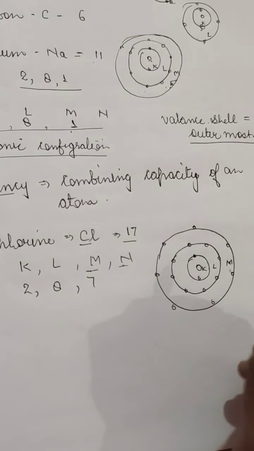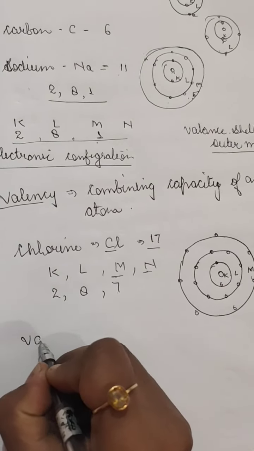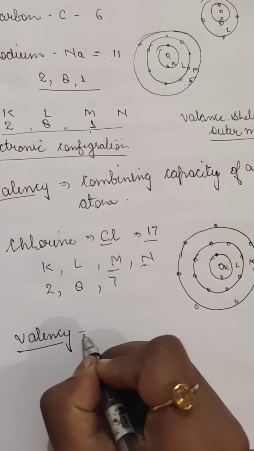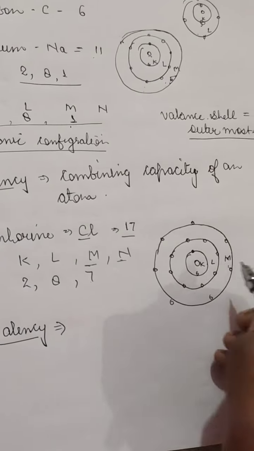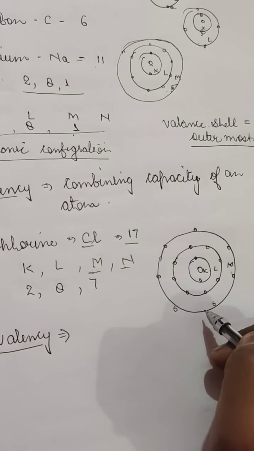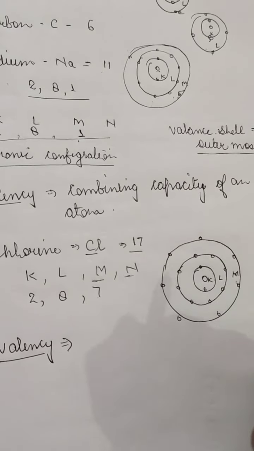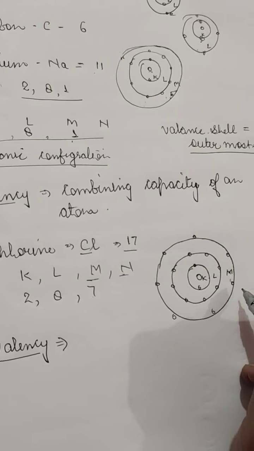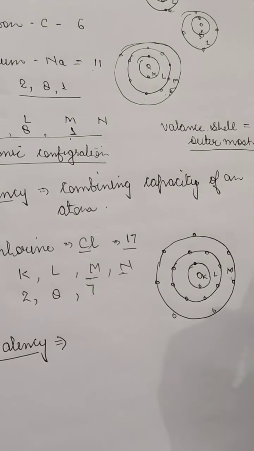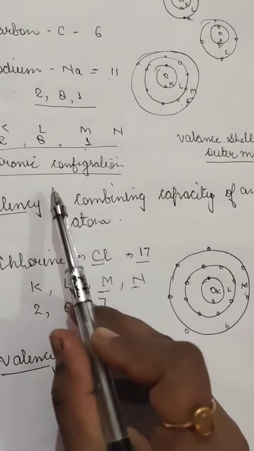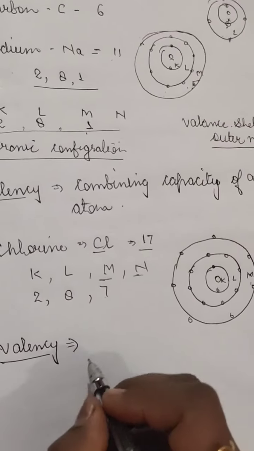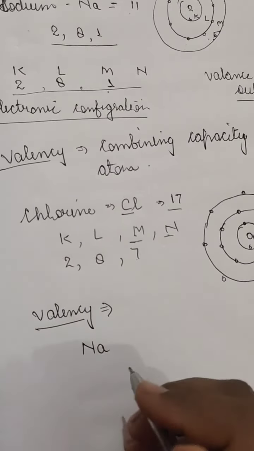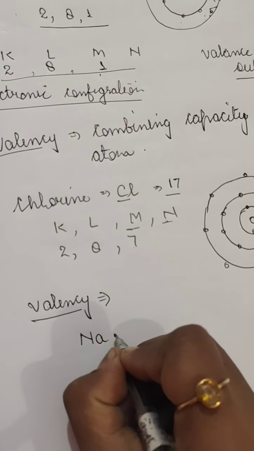So the valency of chlorine is not 7, because if you think that the number of electrons in the valence shell is the valency, no, that is not the case. Though it has 7 electrons in its outermost shell, it needs 8 electrons to complete its octet structure. So to have 8 electrons, chlorine will accept an electron from another atom, like it will take the electron from sodium. This is a sodium atom which has valency 1, so it has 1 electron here.